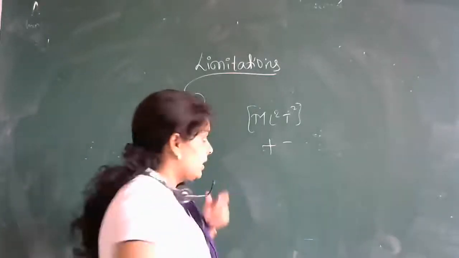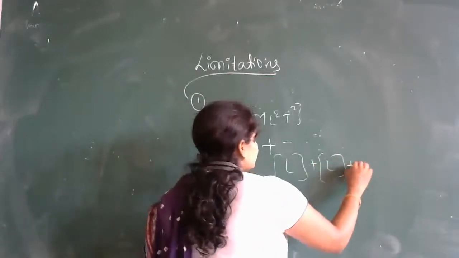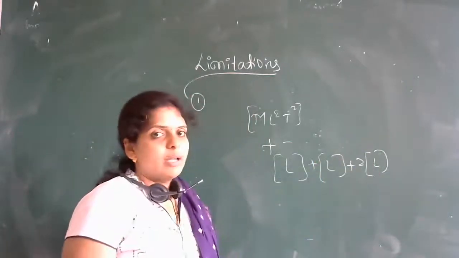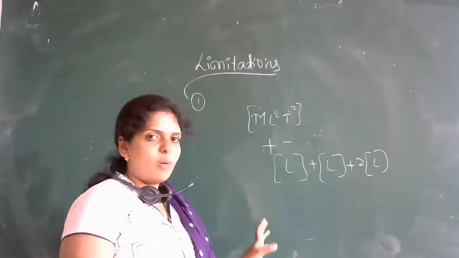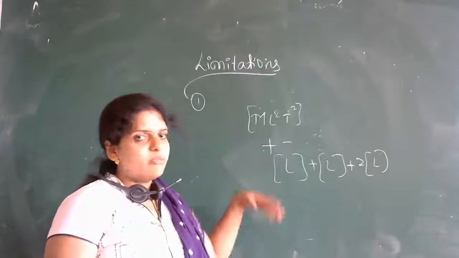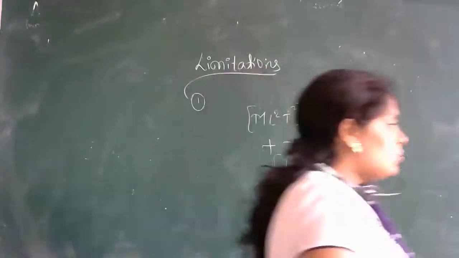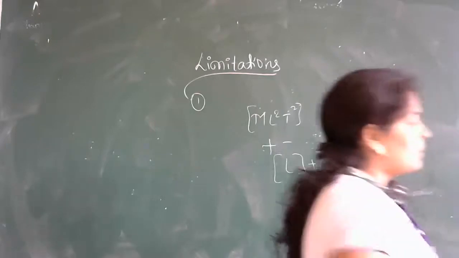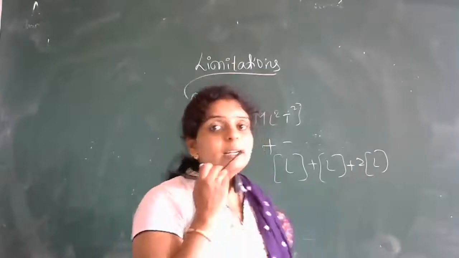Because suppose if the terms come like this, something L plus 2L, क्या करोगे इसमें? According to the mathematical formula you need to add this one, correct, or you can take common. So such things occur when it is addition or subtraction. So this is the second drawback, that you cannot apply dimension analysis method for addition and subtraction, except product and division. This is the second limitation. Then what is the third limitation here?